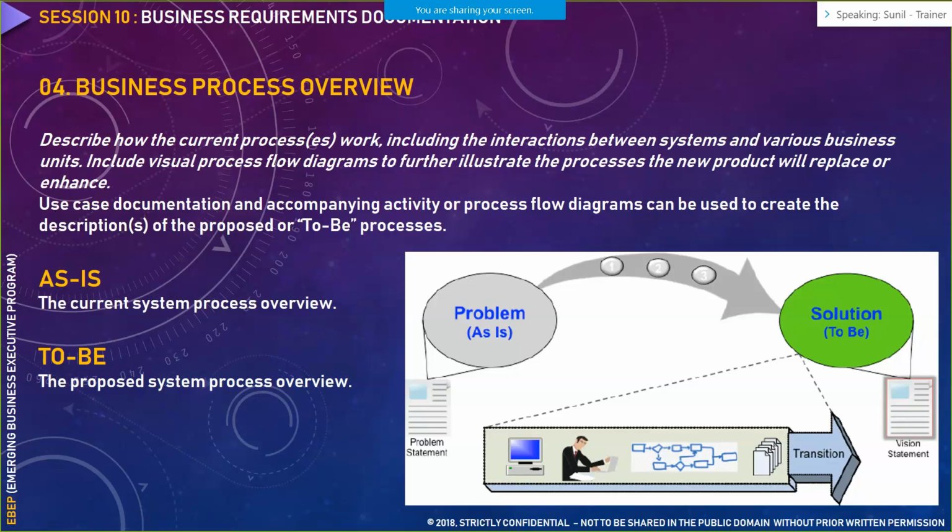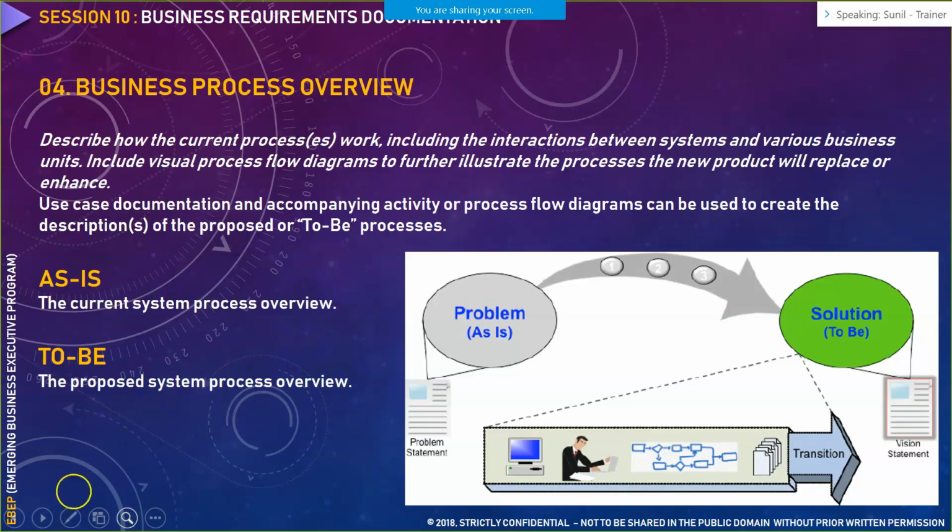Now, the next item is business process review. That would be part of your business requirement document. When I say business process review, essentially your BRD would have two things: an as-is model and a to-be model. The as-is model is how the system is working currently, meaning what are the current challenges in that particular system. You have to highlight those challenges that are there in your current system. And to-be is what is your proposition around those challenges to the customer.